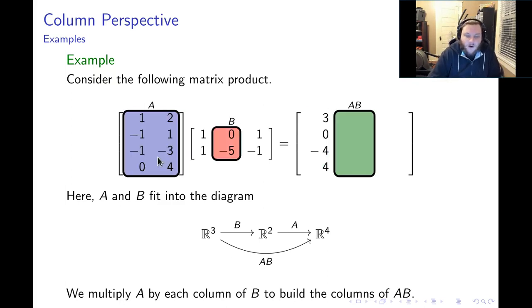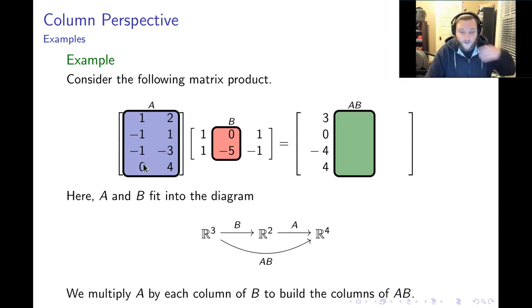So now we're going to take our matrix A and multiply by the second column of B. Again, we're producing a linear combination of the columns of A, where the scalars we're using are coming from the vector we're multiplying by, in this case, the second column of B. And those scalars are 0 and negative 5, which is really saying scale the first column of A by 0, so